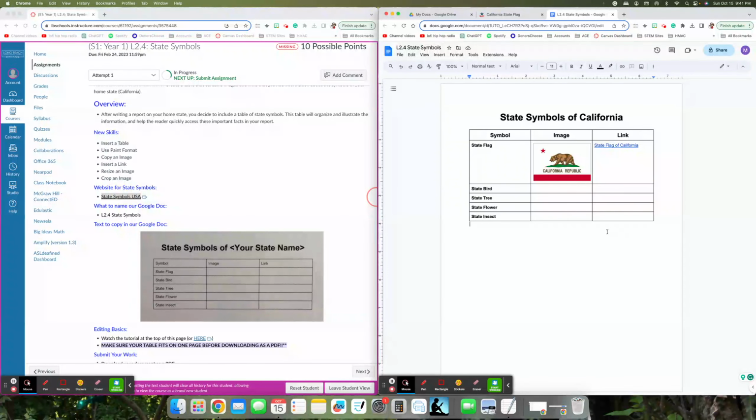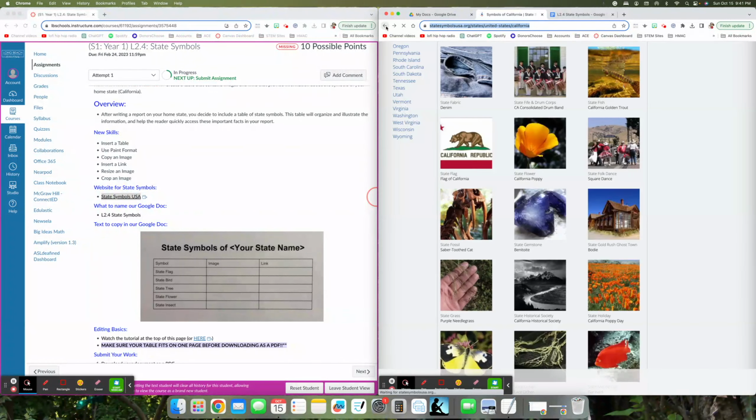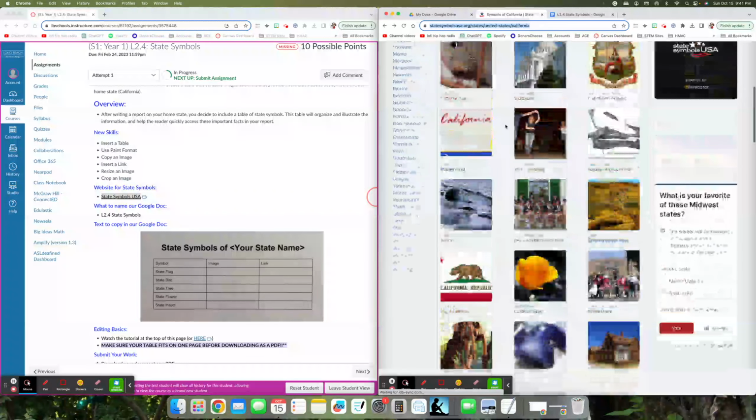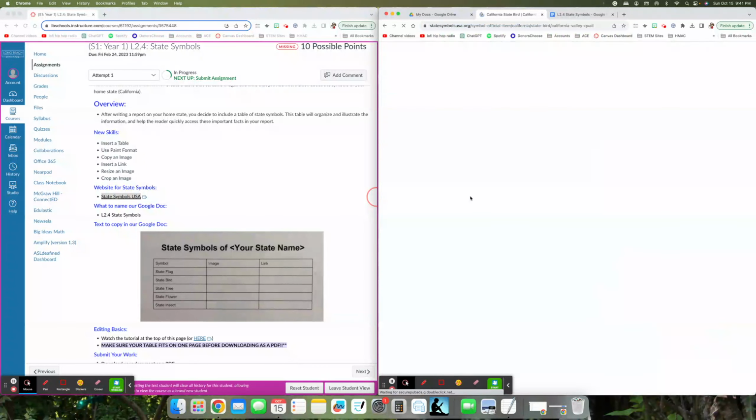Okay, so I'm going to do another one for you, and then you can do the rest on your own, and we'll come back together to make adjustments to our images. Okay, so I'm going to go back to my California page, and I'm going to hit the back button, and now I want to find the state bird. So I'm going to go to the state bird, and I'm going to click,